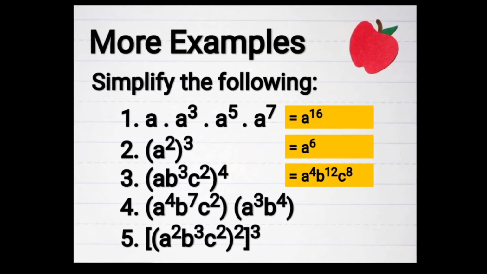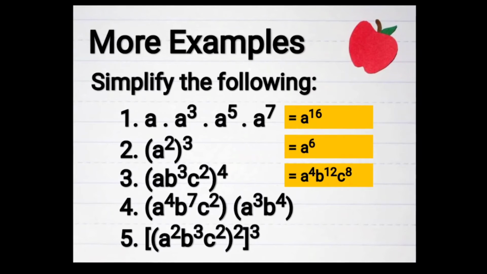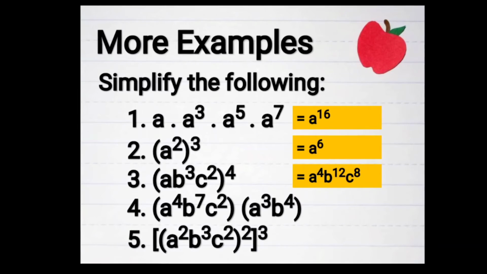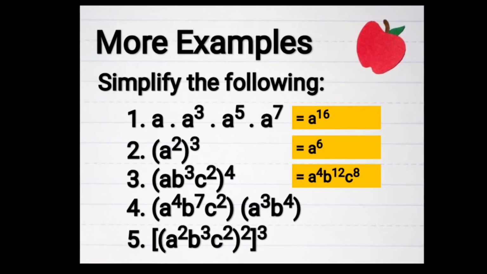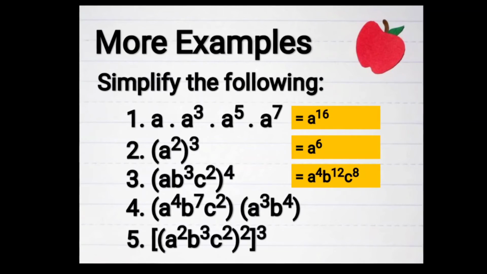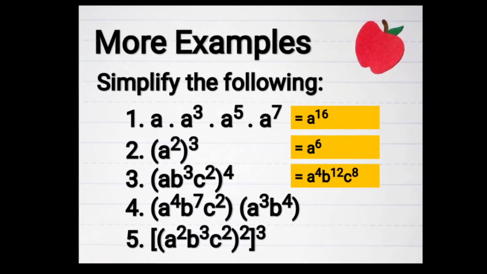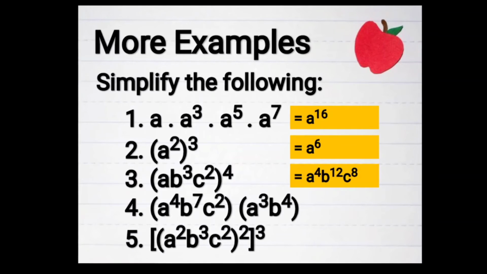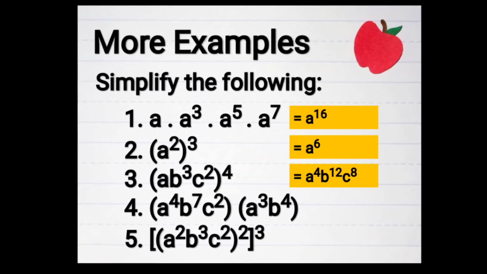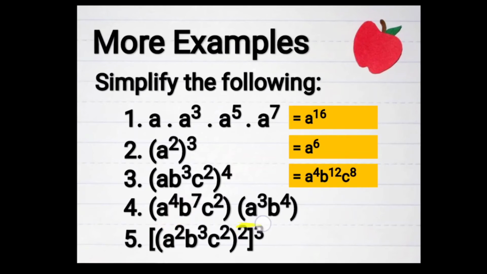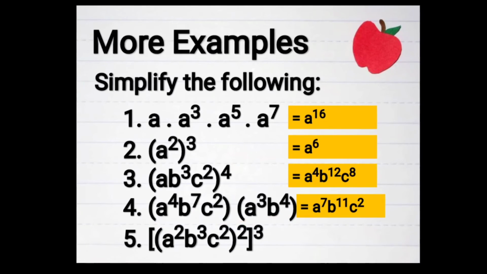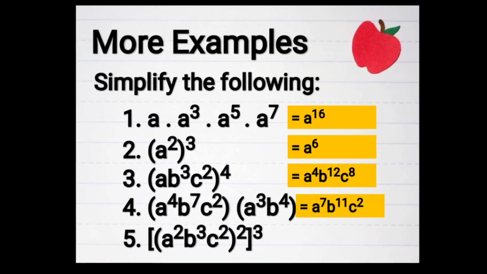Okay? So the operation is only multiplication. So let's apply the first law, and what you are going to do is to copy the same base, then add their exponents. Okay? So as you can see, we have here the same base, the same a. So copy that a,